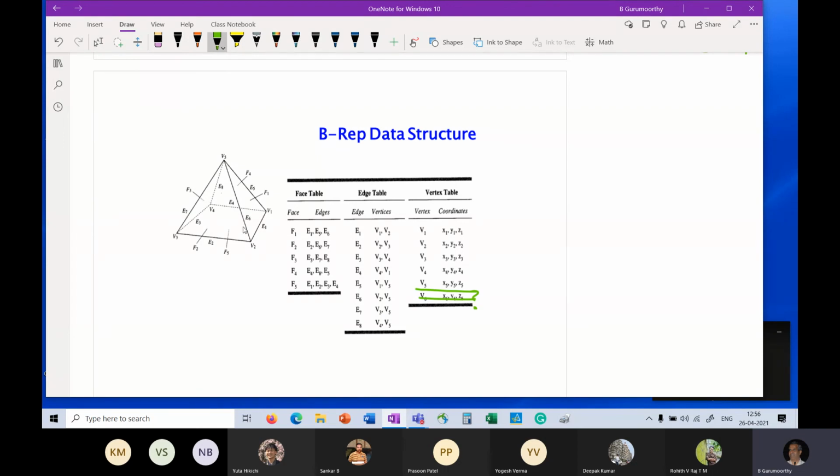Now, if it's a linear object, then the only geometry you have to prescribe is this. You don't have to prescribe the geometry of the edge or the face because they can be easily inferred from the vertices. The 2 vertices will give me the equation of the line, and 2 edges will give me the equation of the plane, and therefore I don't have to worry about it. That's only because it is linear. If it was not linear, then yes, you would have had to do some more work. We'll worry about that in a minute.